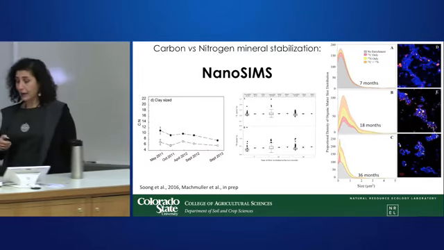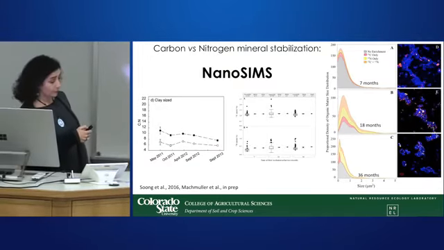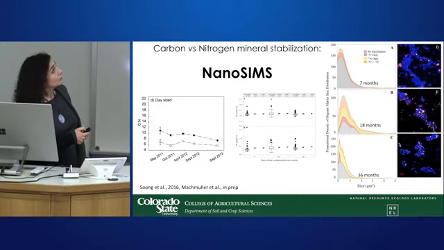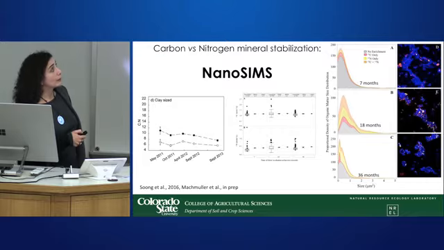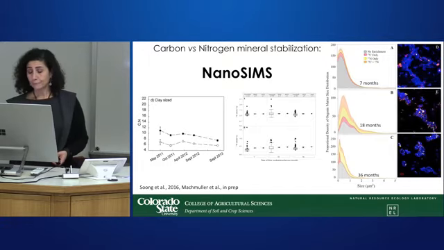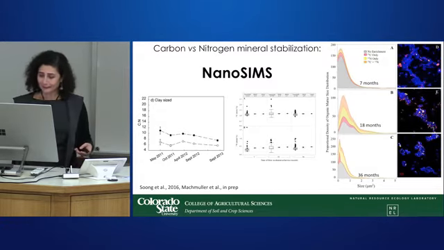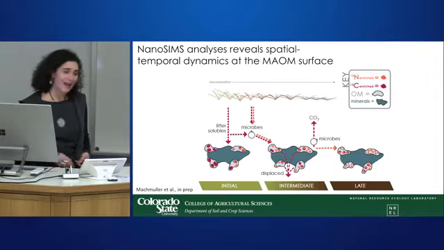So what we found was that in the 7-month interval, the majority was just carbon. In the 18 months, you start to have a diversification, and actually the majority was co-located. And finally, at the end, the majority was just nitrogen alone. So with some fantasy, and I accept that,